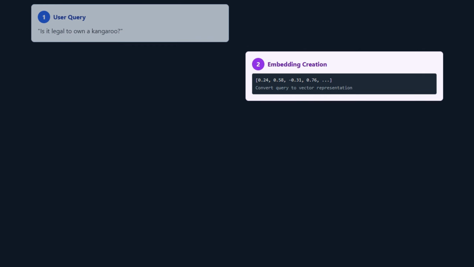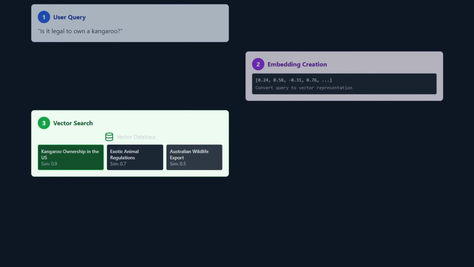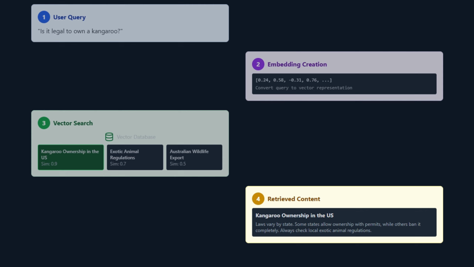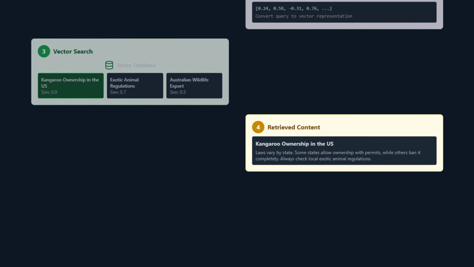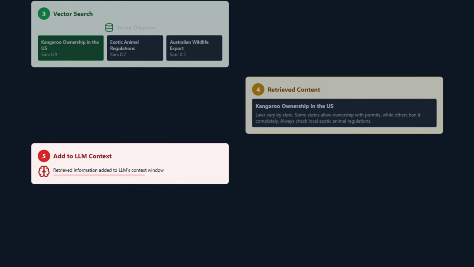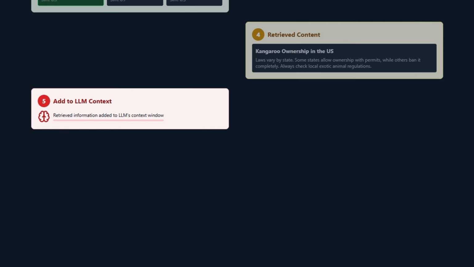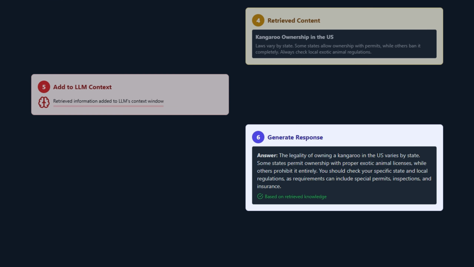The way this would look, my question would get forwarded to the system: is it legal to own a kangaroo? That system would then say, hey, give me all the embeddings and relevant information we have about is it legal to own a kangaroo? And now it's going to give all of that information to the AI. So it's not going to just say the user's asking about laws for owning a kangaroo. It's going to say, here's some laws about owning a kangaroo. The user asked, is it legal to own a kangaroo? And now the AI has a bunch of information to go off of along with my question